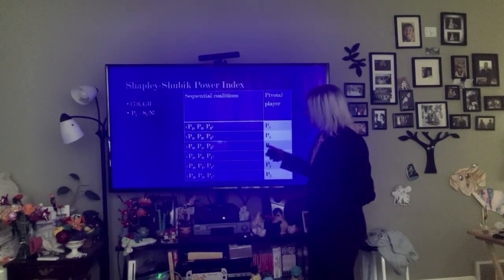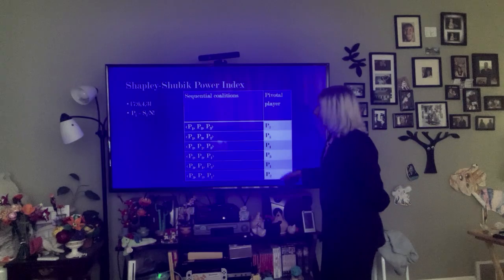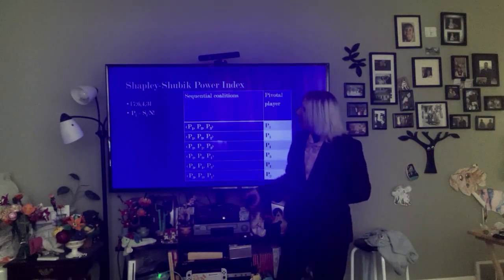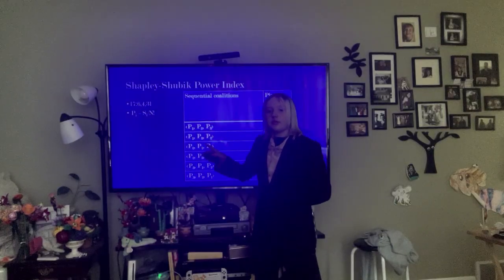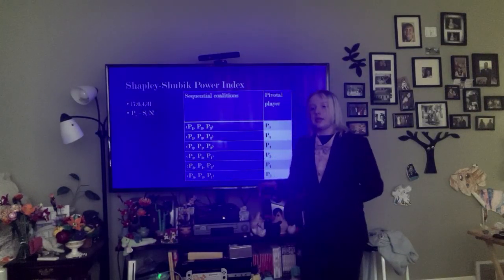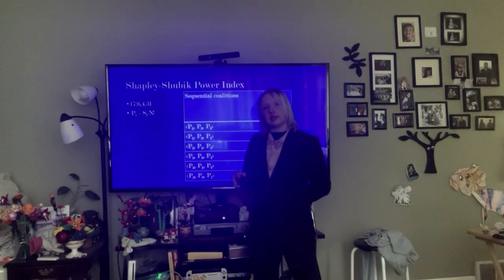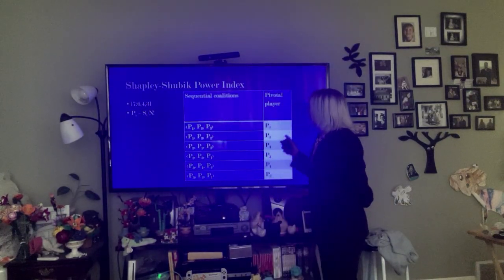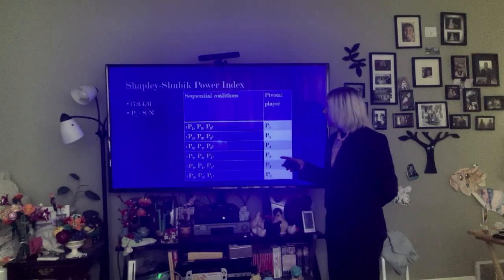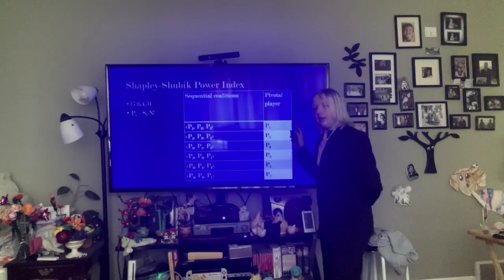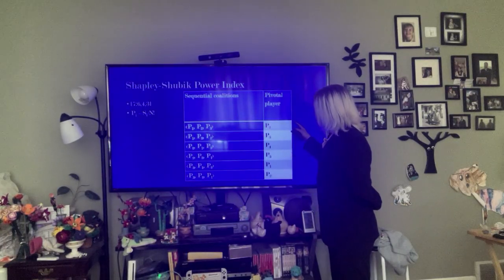So, we know that n is 3 because there are 3 different candidates here. Because that's the total number. And so we know that the factorial of 3 is 6. So we know that we're going to be dividing it by 6. We look over here